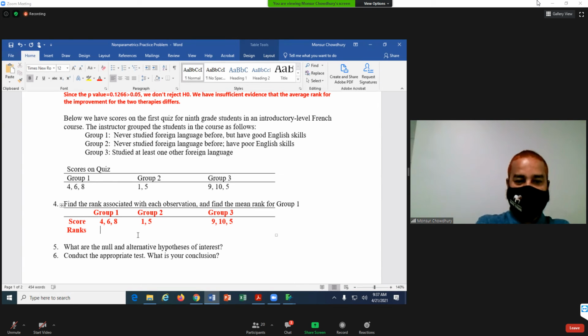So what will be the rank? If we look at the score here, the lowest score among all these 3 groups is 1. Then the second lowest is 4, third lowest is 5, and so on. So what will be the rank for the 4?